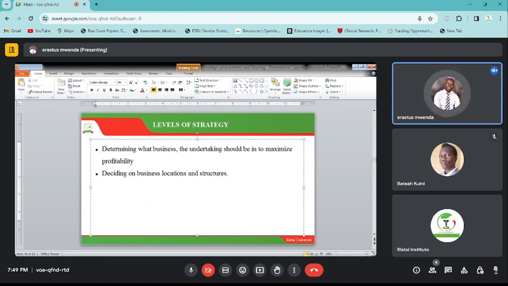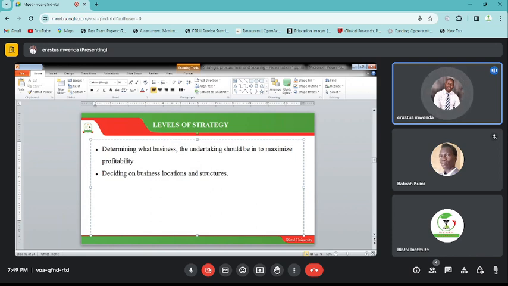An uncertain environment means there are a lot of risks that we are exposed to as organizations, and therefore we need to try and use the Miles and Snow adaptive strategy, which is going to help us understand the external environments, the external risks that we may be faced with. Now, we are saying under this particular model or framework, the typology is going to categorize organizations into 4 strategic types.